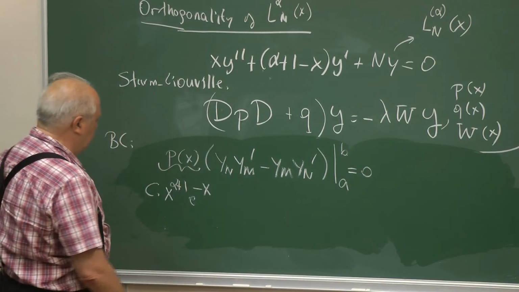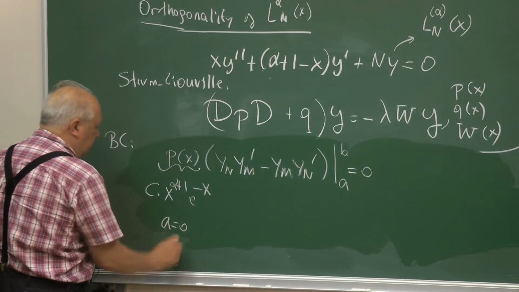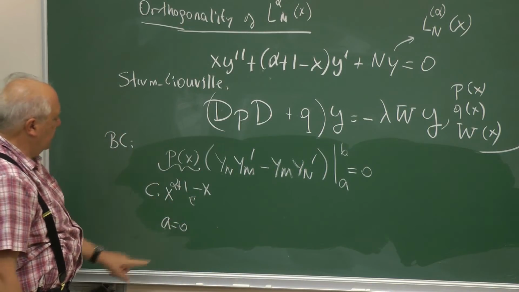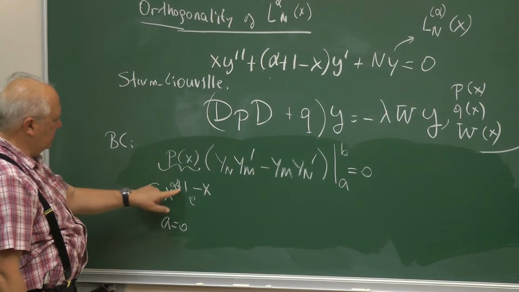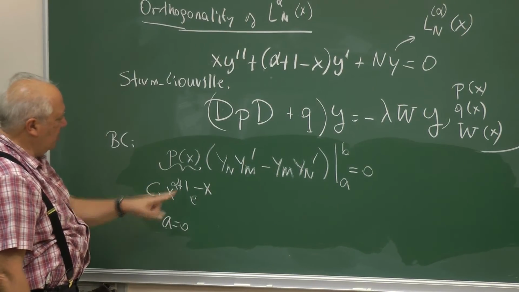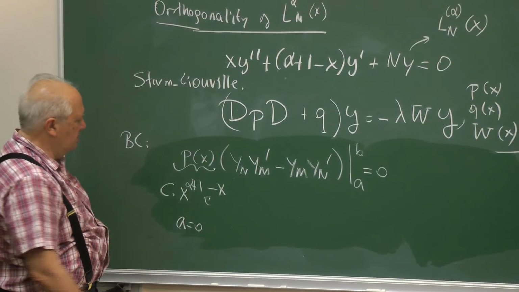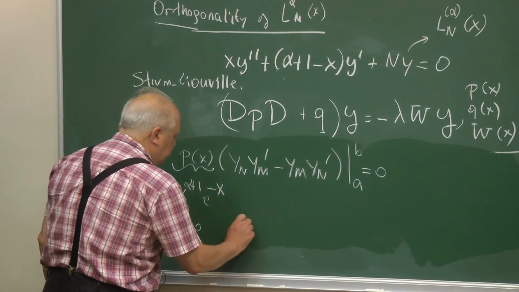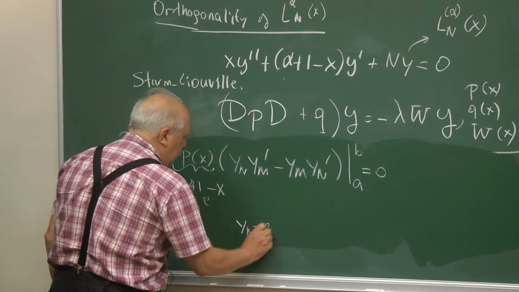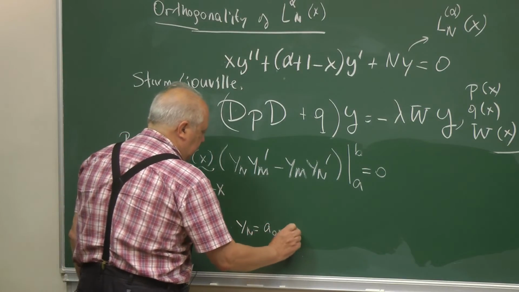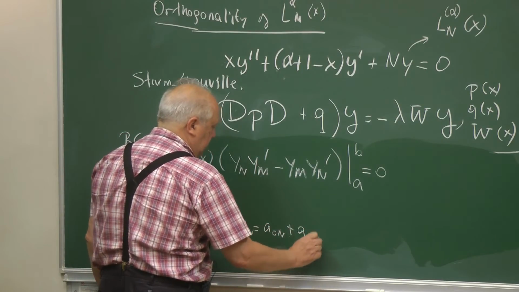If we choose a to be 0, x to the alpha plus 1 goes to 0. But how about here? These, for example, y n goes as a0n plus a1n x